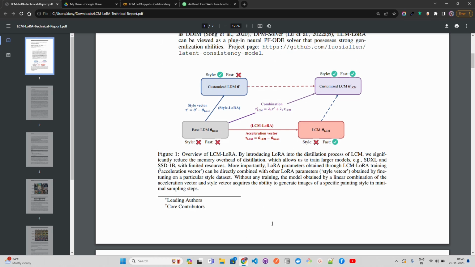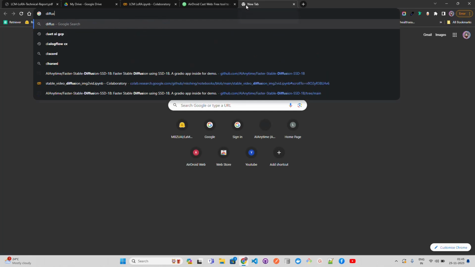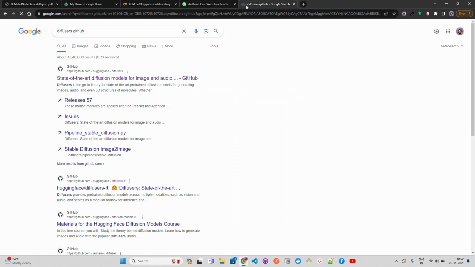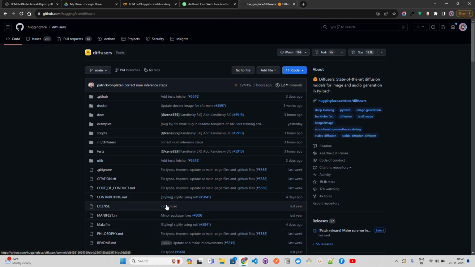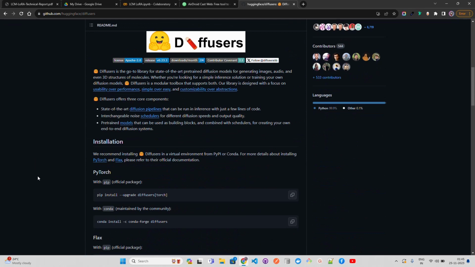Now, how can we do high speed inference using LCM LoRa, guys? It can usually be used in the diffusers library. If you are not aware of diffusers, let me just show you diffusers, the GitHub. Once you write it, you will find the state-of-the-art diffusion diffusers model over here. This is the GitHub repository for diffusers, and we're gonna use diffusers basically to perform the high-speed